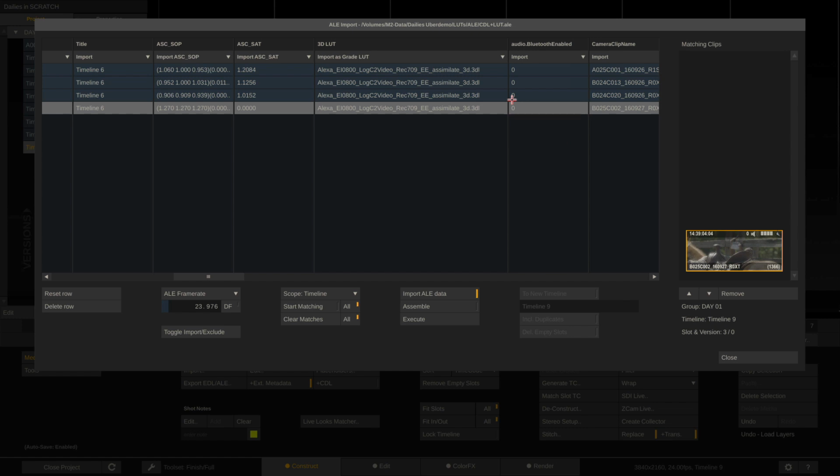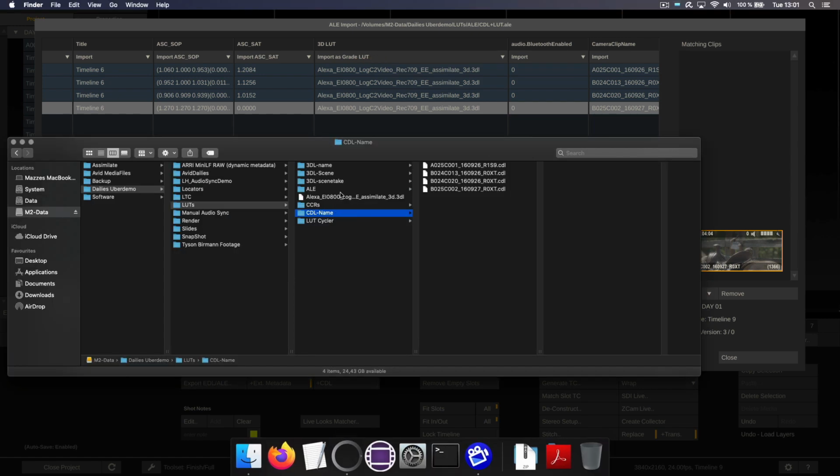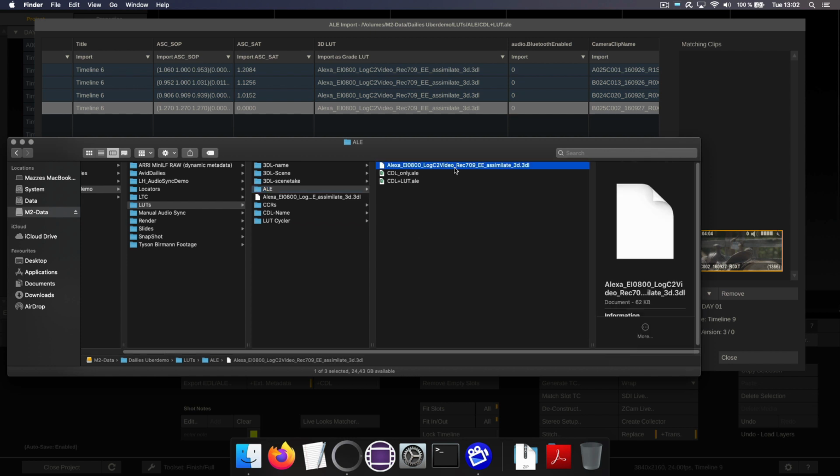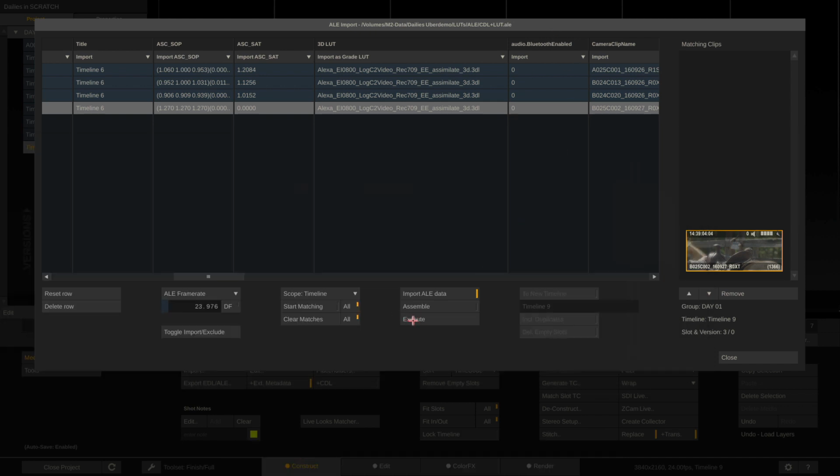Now, obviously, the lookup table is not included with the ALE file. It's just a reference. It says, well, this is the lookup table you have to use. Now, in order for this import as grade LUT to work, the lookup table that's referenced should be in the very same folder as the ALE. Here we go. If that is the case, and I now hit execute,